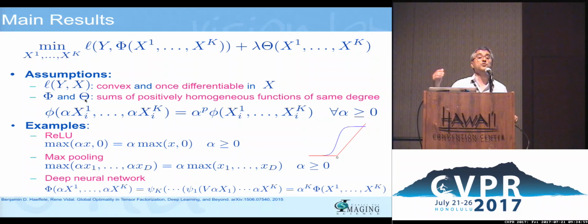What if you use L2 squared? If you scale the weights by alpha, what happens? Well, you get alpha squared. So that's homogeneous of degree 2. Okay? But look at what it says here. Look at the very last part. It says that they need to be homogeneous of the same degree. Aha. So if the network has k layers and has degree k, does it make sense to use a regularizer like L1? No, the degrees are not the same.